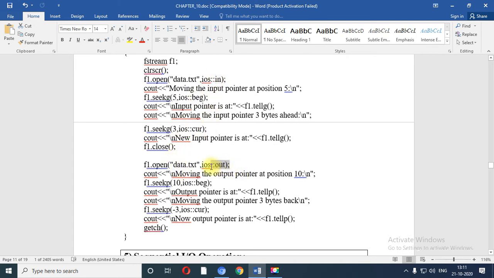When your file is opened in output mode, you can use two functions, seekp and tellp. Tellp tells the current pointer position in the output file, and seekp sets the pointer position in output mode. Right now my current position is 10, and I passed -3, so 10 minus 3 becomes 7. So my current file pointer position in output mode would be 7.